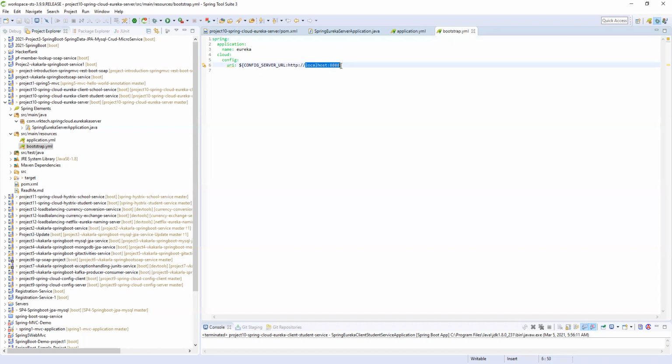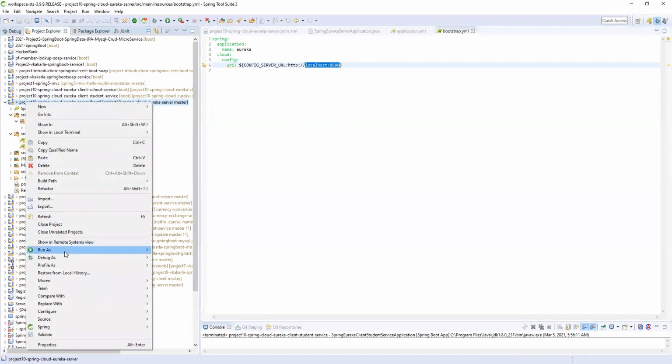I created this also. So wherever we are configuring this Eureka server, we need to fetch it here.